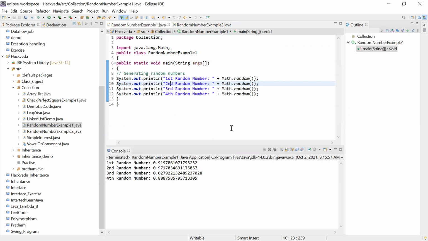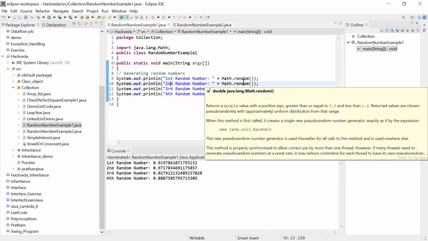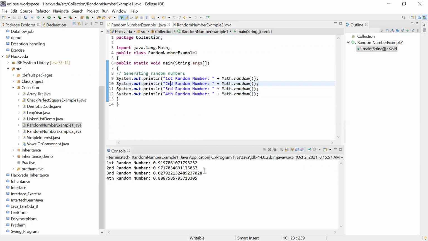Because this is a random function, it always generates a random value. It is not static, or stable, that you will get the same. Here I have not given any range, and that's the reason all random values are coming.